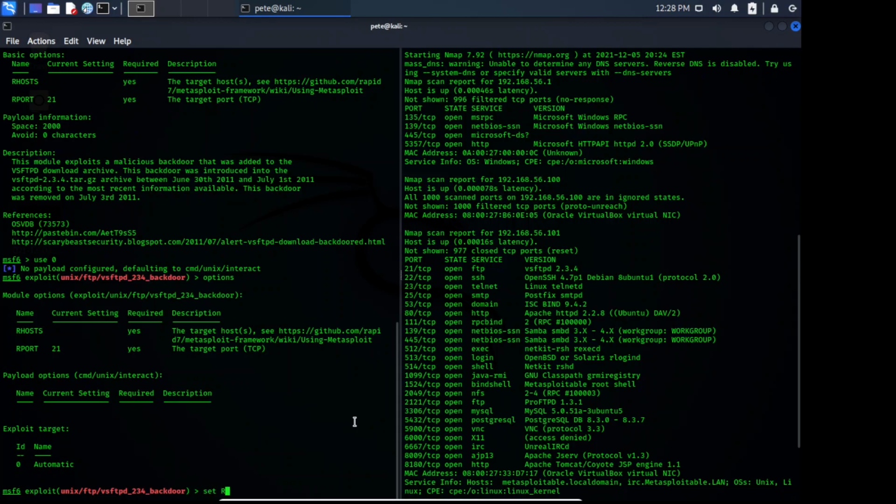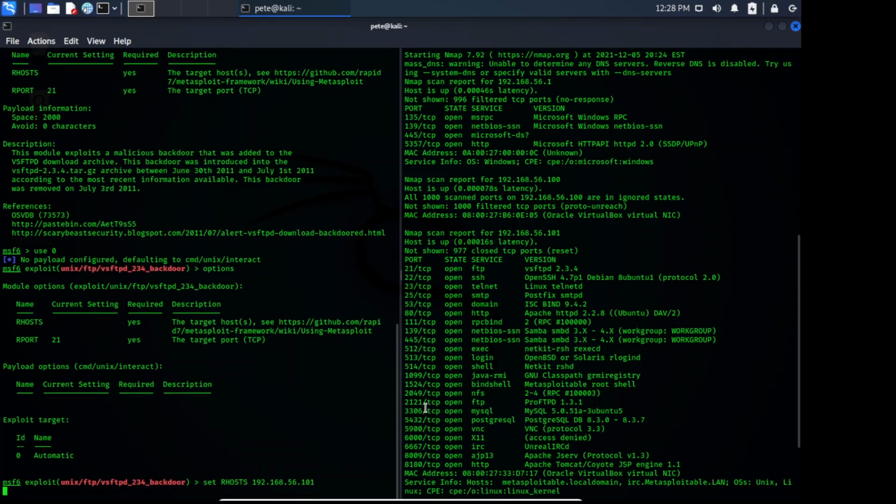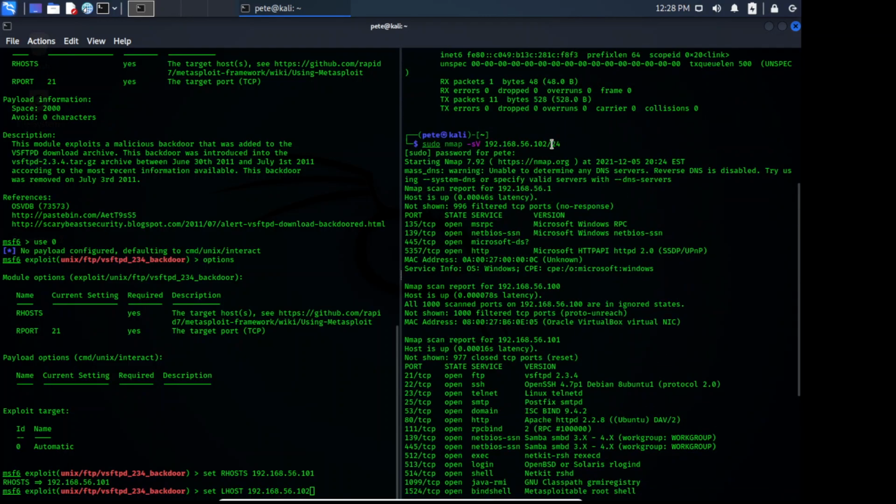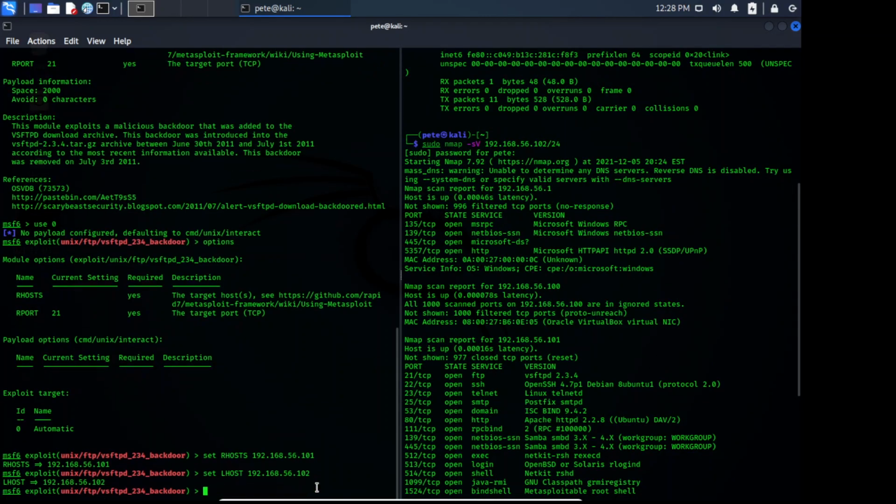To do that, we can type set RHOSTS, and we put in this number here, which is the IP address for that machine, 192.168.56.101. We also need to set our LHOST, which is the listening device, and that is 192.168.56.102, which is what we originally scanned here. Now that that's all done, we can just simply type exploit,